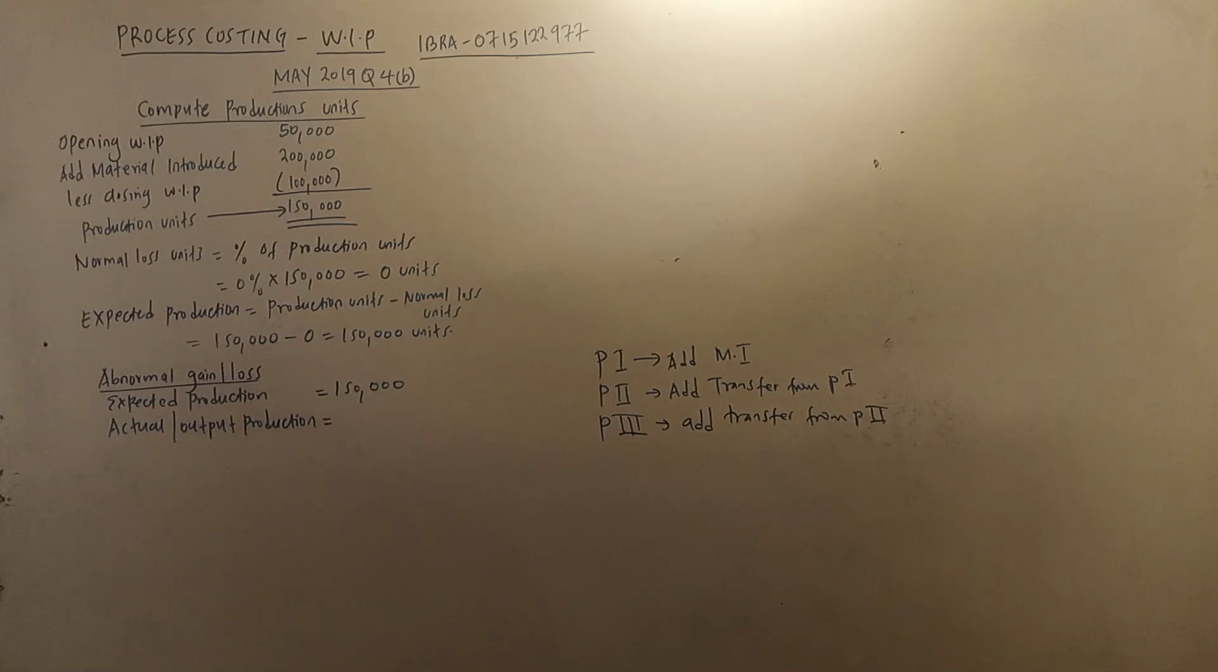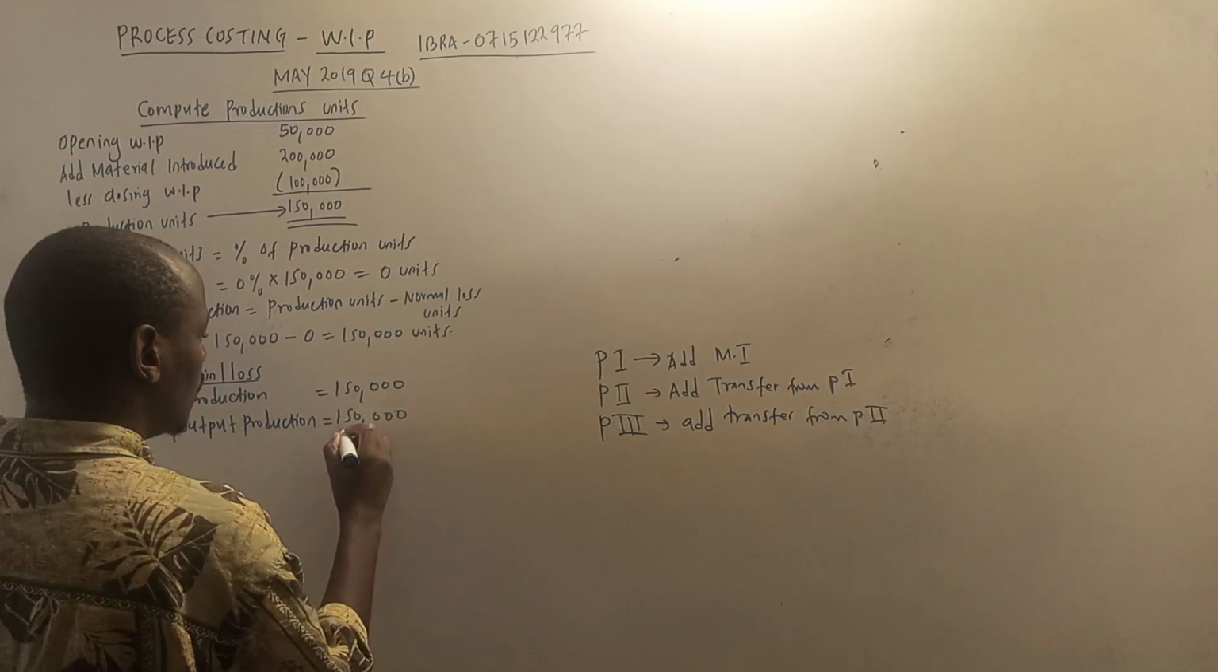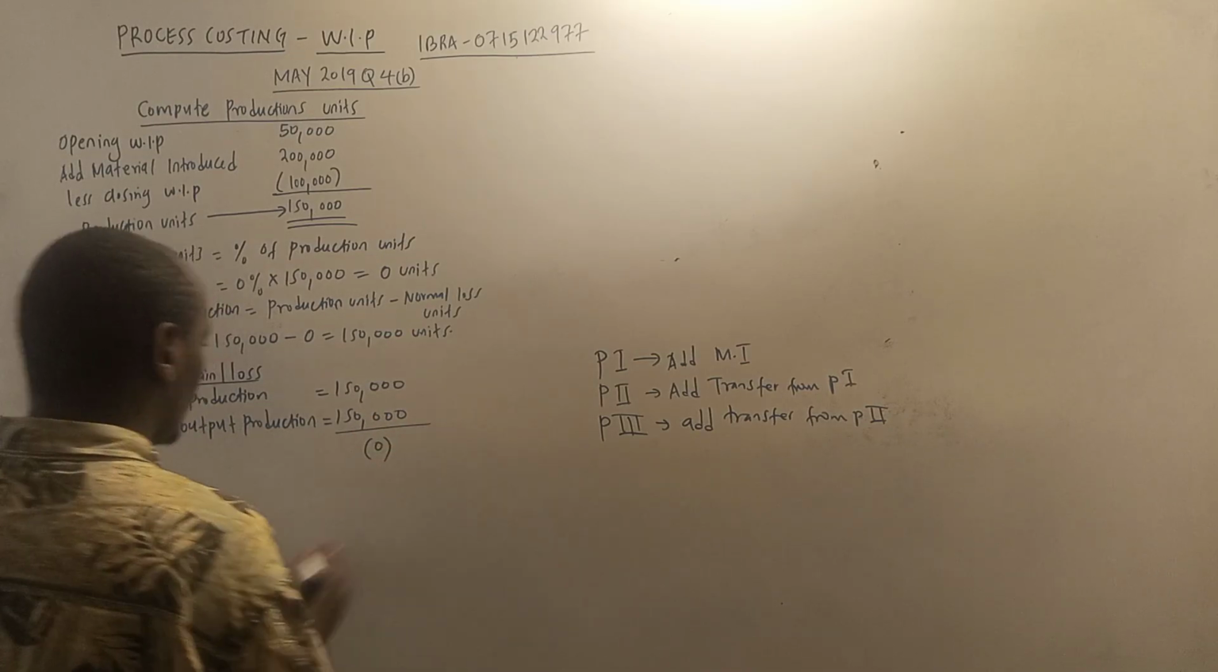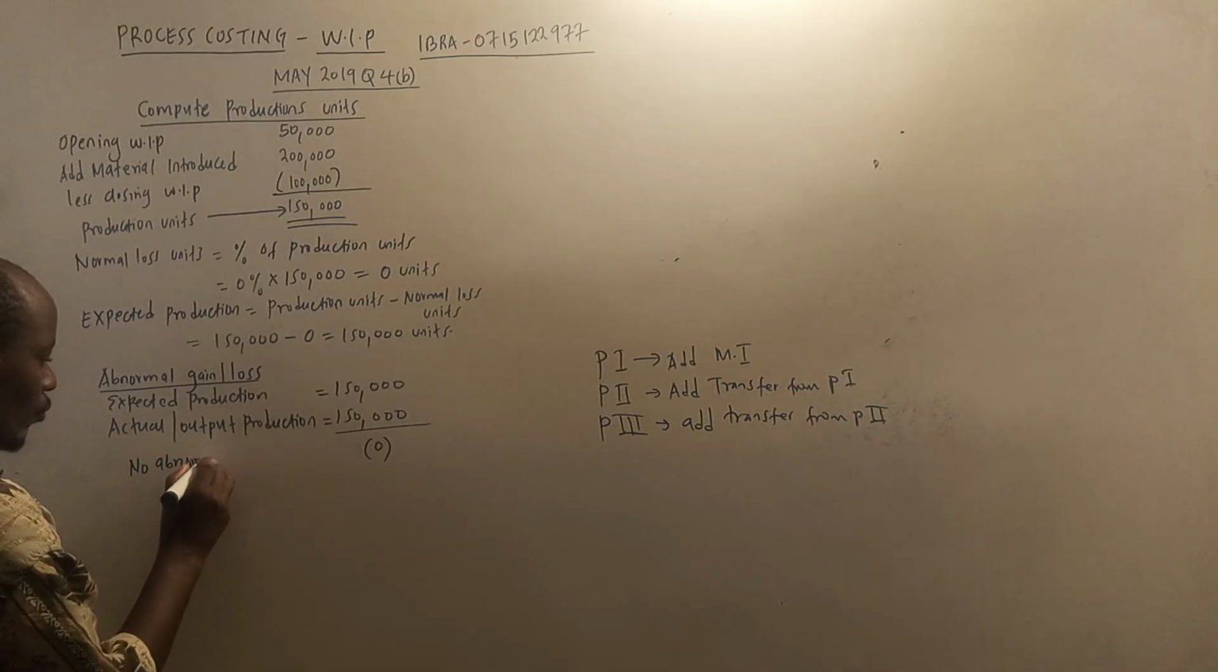For you to get the output production, go to information number 1. During the month of April 2019, 150,000 were completed and transferred to process 2. So those were the output of process 1. Anything that was transferred to process 2 is the output of process 1. So it is 150,000 against 150,000, and you find the difference. In this case, the difference is 0, meaning there is no abnormal gain